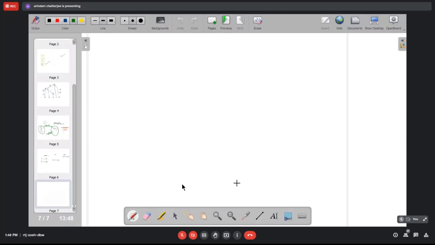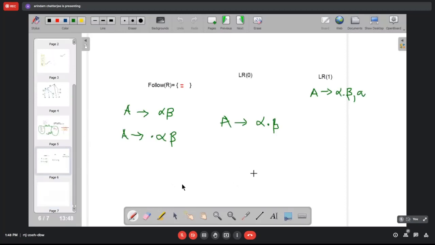So basically in an LR1 item, there are two things. One is the LR0 item we have already seen. The other one is basically the lookahead item. That A is basically the lookahead item. This is the second part. You can have K symbols there, then it will be LRK grammar.